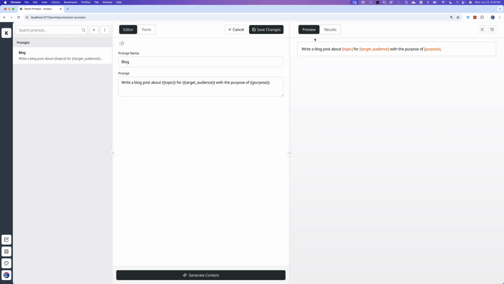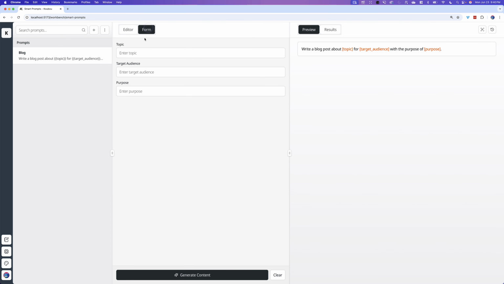So this is where the preview becomes an important factor in this tool. So if I go over here and I switch over to form, we can see that we've got topic, target audience, and purpose. And they match up with these highlighted words here, these placeholders. So if I come into here and I'll just use the text that's already popping up in the autocomplete, it says "write a blog post about ramen in Tokyo for," and I probably, I don't have that one. I'll say for young couples coming to Tokyo with small children, something like that, with the purpose of helping them,